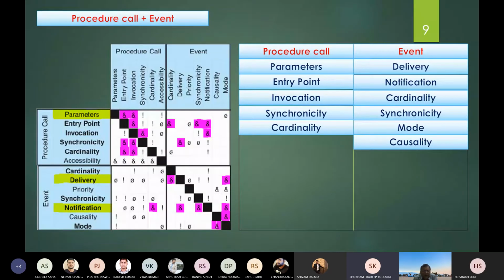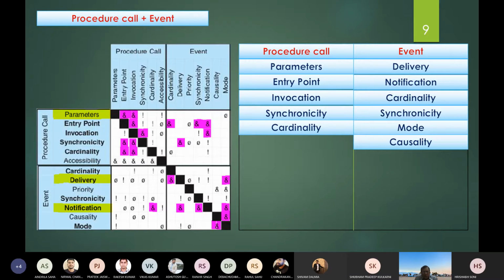बाबू, इवेंट के साथ, हाँ। प्रोसीजर वर्सेस इवेंट में एंट्री पॉइंट रो में डिलीवरी में ब्लैंक रखा है। हाँ, ऋषभ ने ब्लैंक रखा, वो गलत किया ना, सही किया ना, ऐसा होना चाहिए ना, डिलीवरी क्यों ब्लैंक है? Why it is blank, causality, why causality is blank, what is the reason behind it, why?